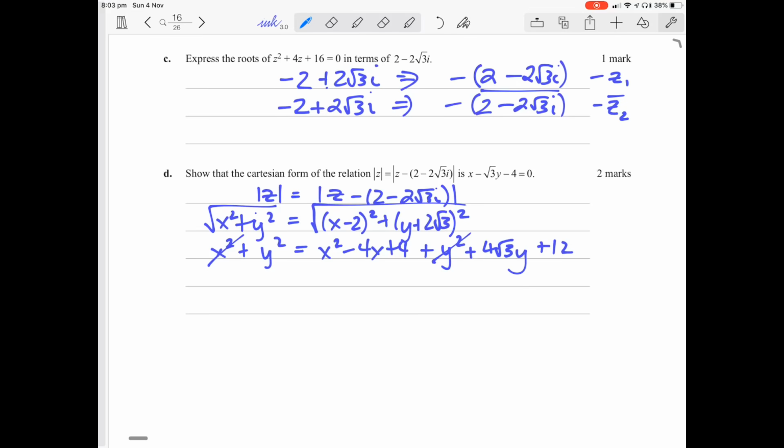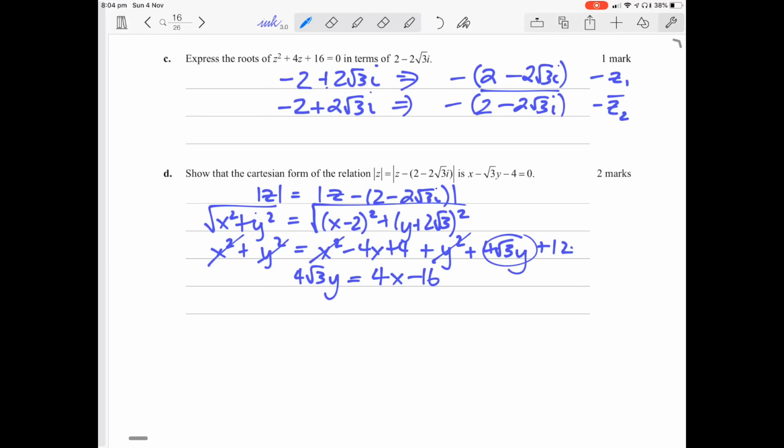That cancels with that, and that. Okay, so we get 4 root 3y is equal to 4x minus 16. When we leave that on that side, bring these to the other side. So we get y is equal to,